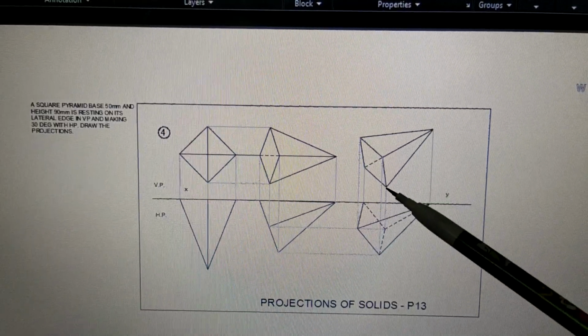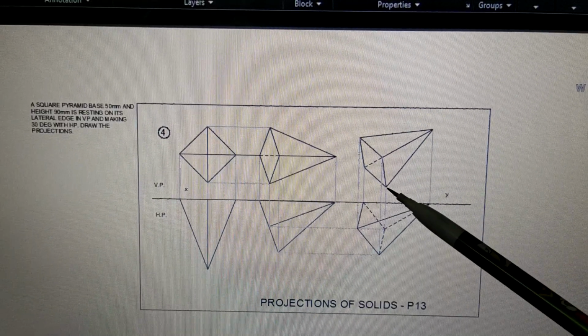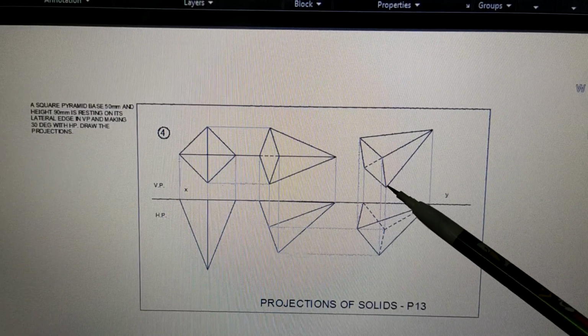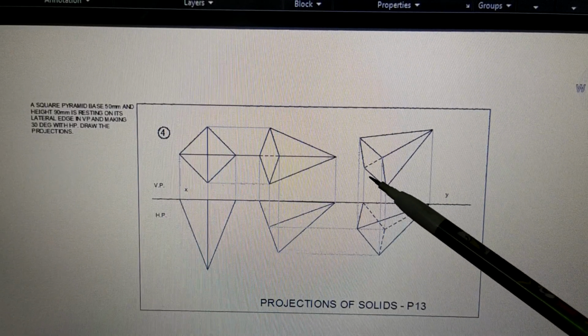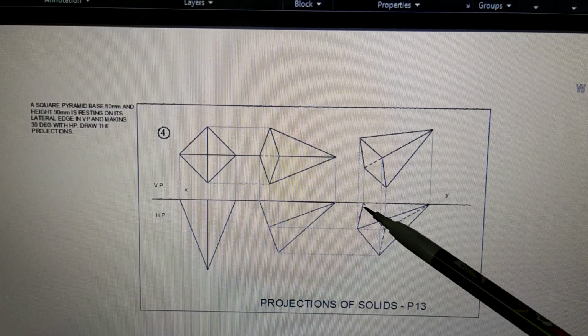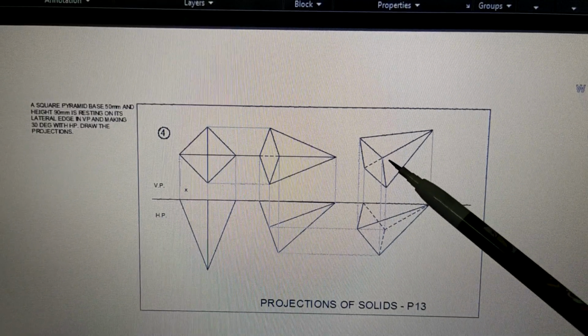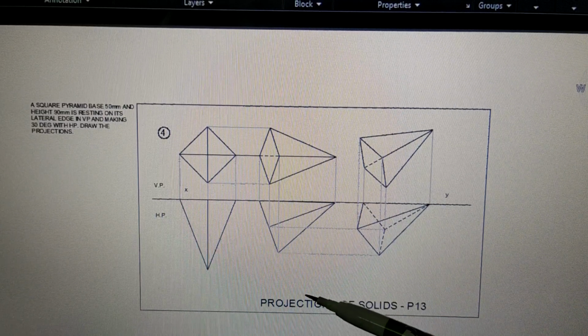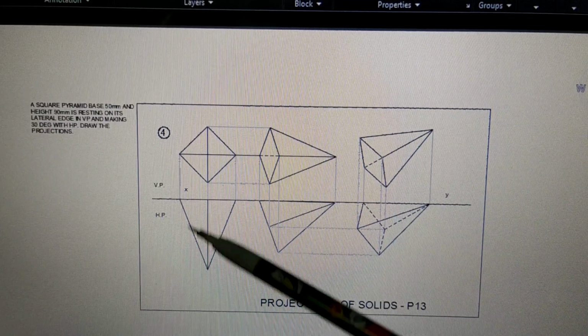Now when you see from top, this line is not seen, in fact this point is not seen. So this point is here. So this point is not seen. So the lines coming from this point, 1, 2 and 3, these three lines also will not be seen, therefore they are dotted. So we have completed this problem, and you should be able to draw this figure without any difficulty.